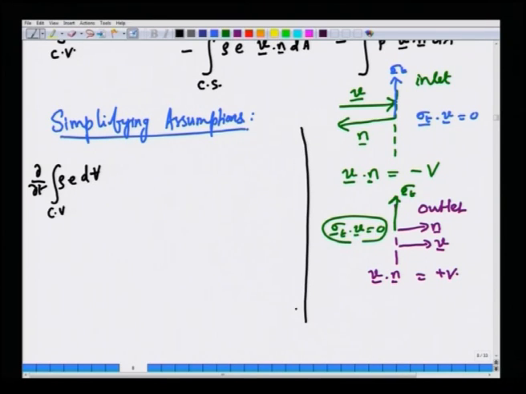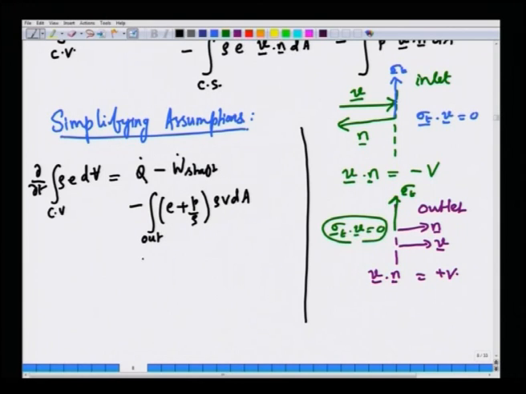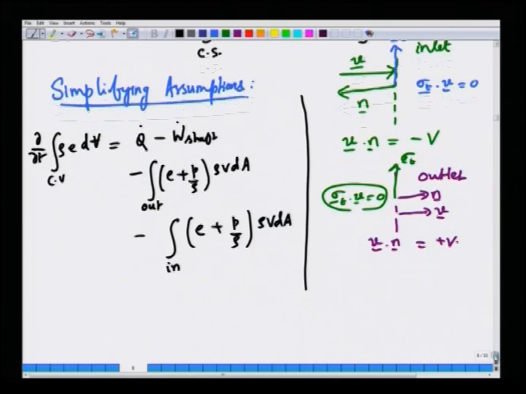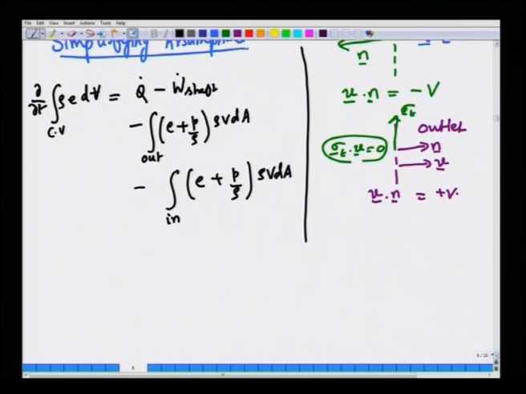The integral of the total energy present in the CV is equal to q dot minus W shaft minus integral of E plus P by rho times rho V dA at outlets, minus E plus P by rho times rho V dA at inlets. Now, I am going to make further simplifications. Now, I am going to assume,